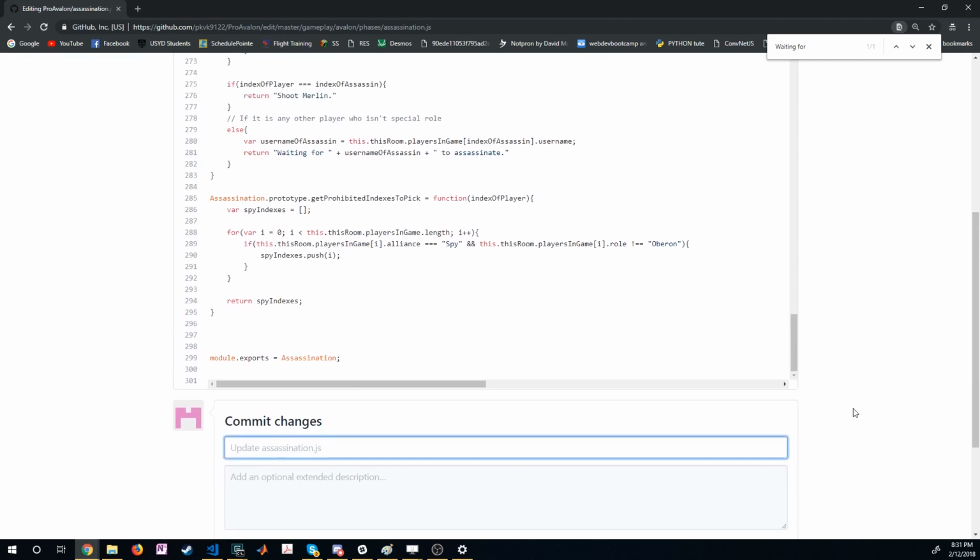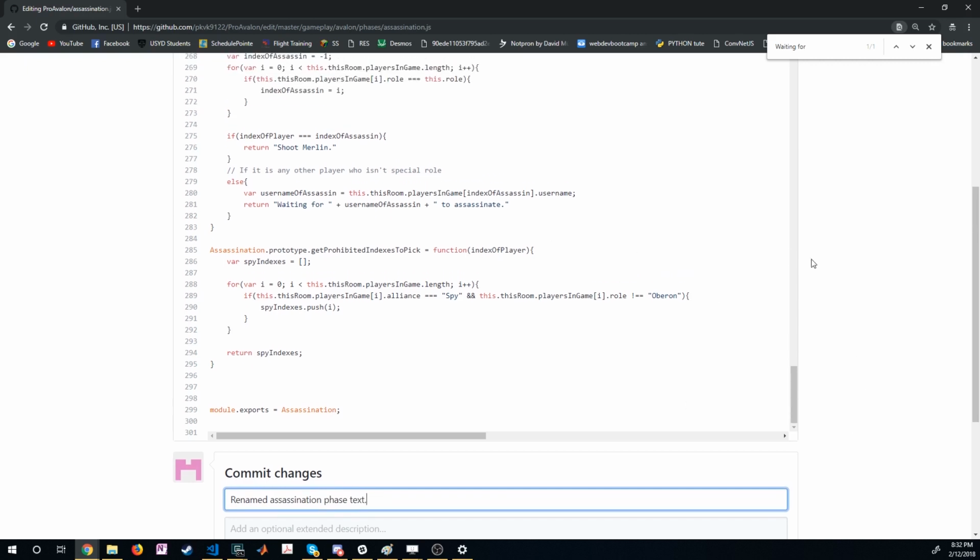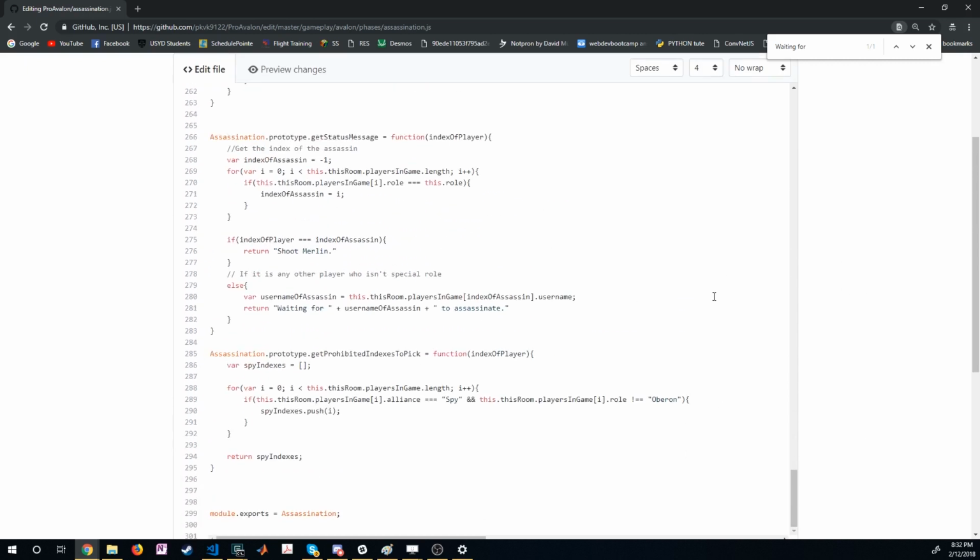So let's just say renamed assassination. How do you spell assassination? Assassination phase text. Now just before we do that, I also want to take a look at what the actual